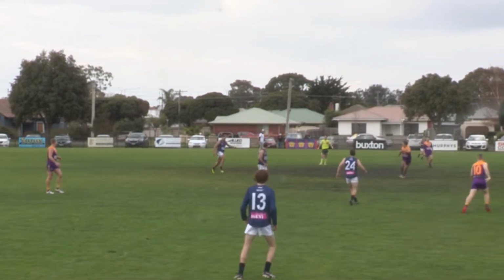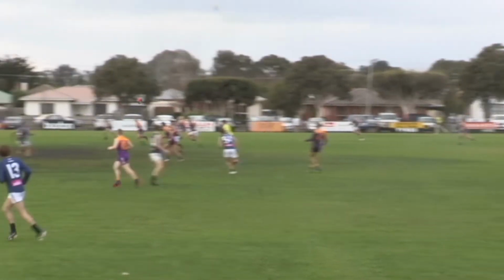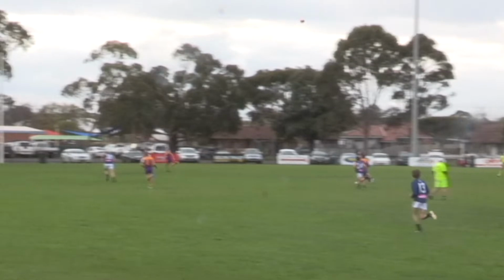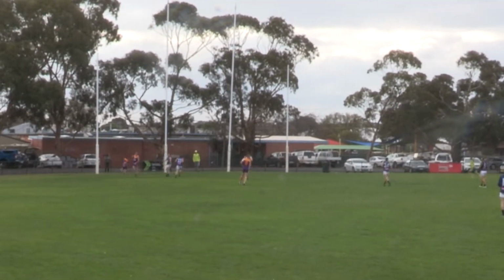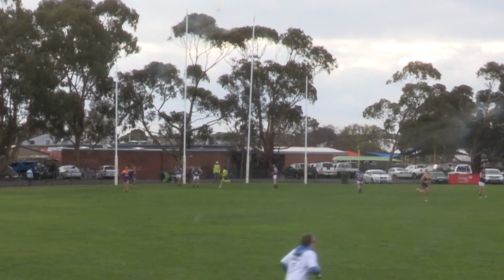And Thomson have wheeled back nicely, Bowles. He goes short to Wiseman, who unfortunately plays for Thomson. Jeez. And now they've switched the ball back over the head of Fammer. And they're going the other way, Thomson. And they go long quickly. Westwood goes long to an open goal square. Oh, look at that, Jacko. Takes the mark, running back with the flight of the football, and will shoot for goal from 12 metres out,